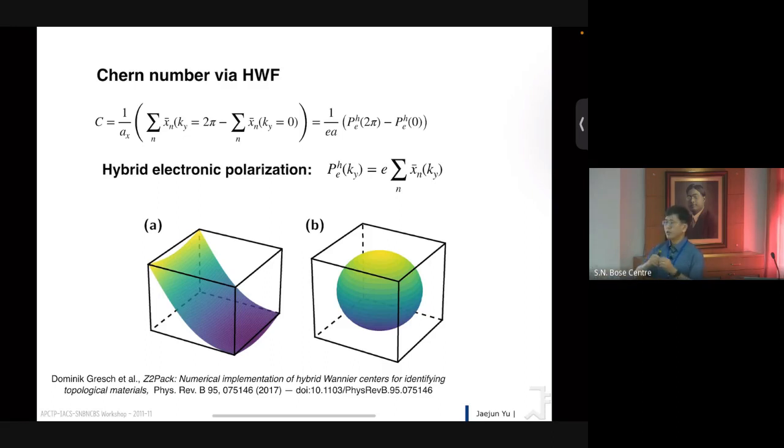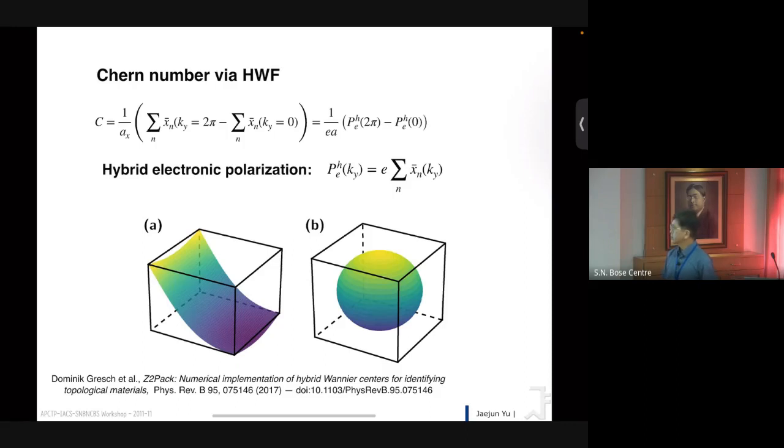If they end up with a net translation of the polarization of the unit cell, then it ends up with non-trivial topology. So that's how we're going to use this hybrid Wannier center, which is directly translated by the polarization in the system. They call it the hybrid electronic polarization. So that's actually a function of Ky. Just monitoring how this polarization changes along Ky, or translating along Kz, then you can see